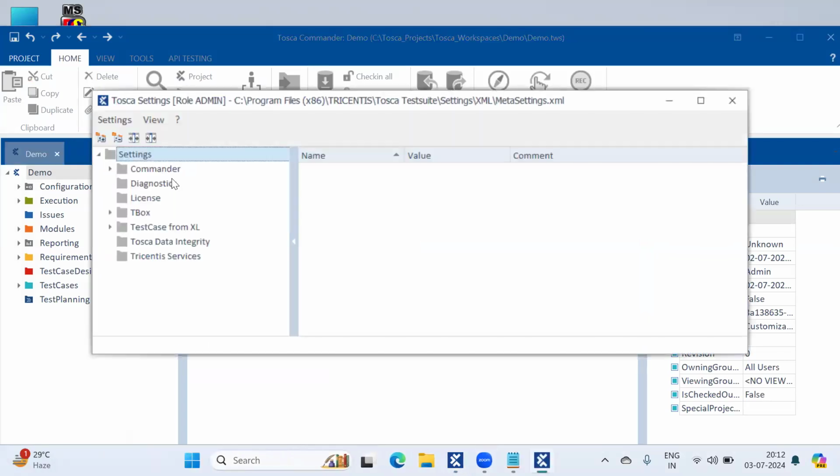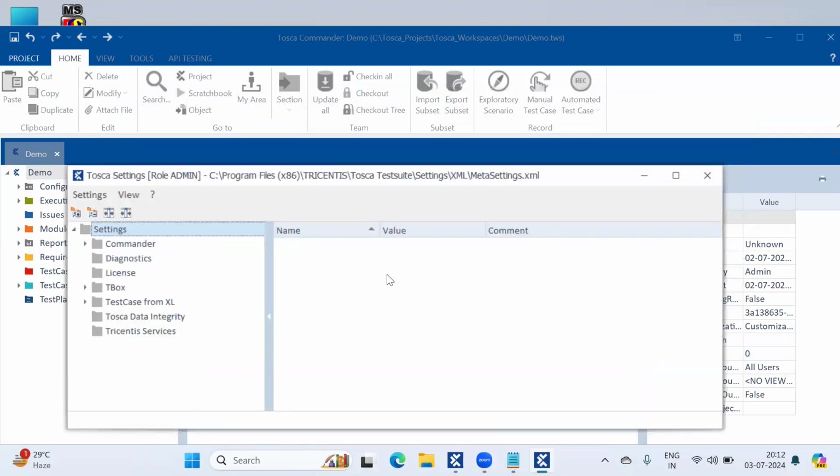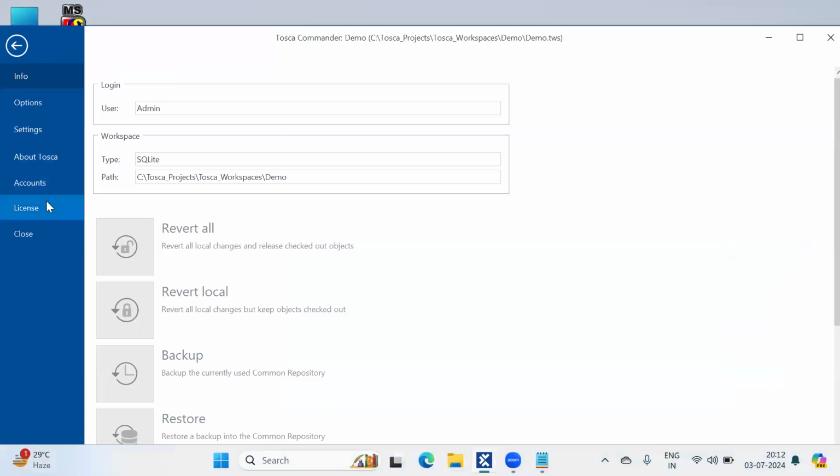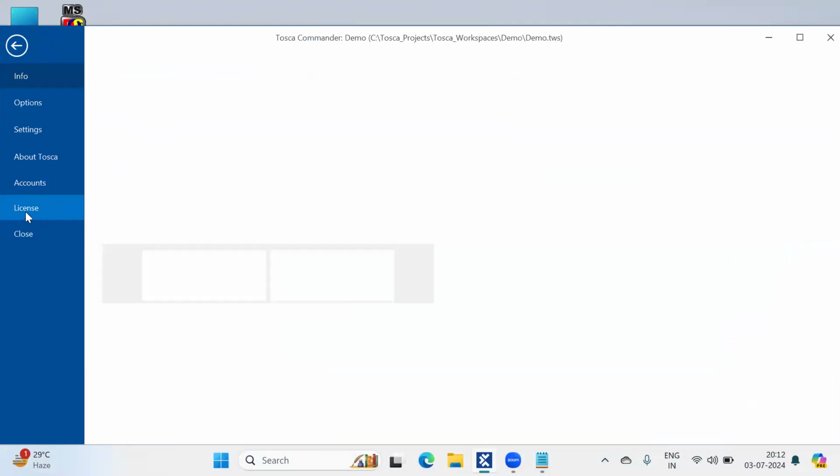See, all the settings will be available in the settings folder. You need to click on this project button. In project only, once you get the approval for the license from Tricentis Hub, then you need to click on this license.